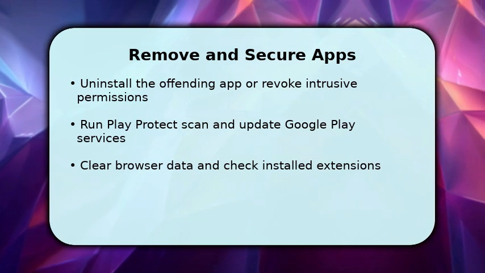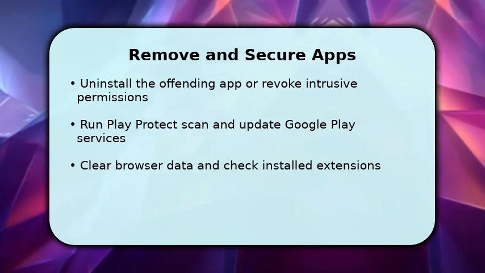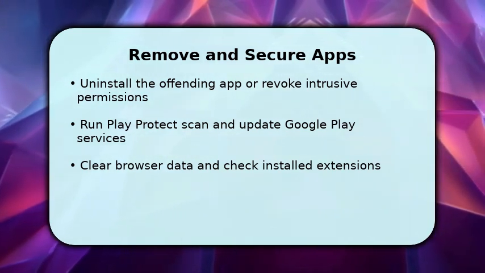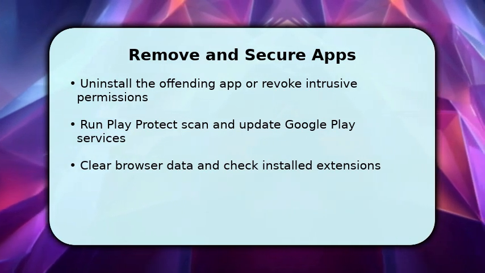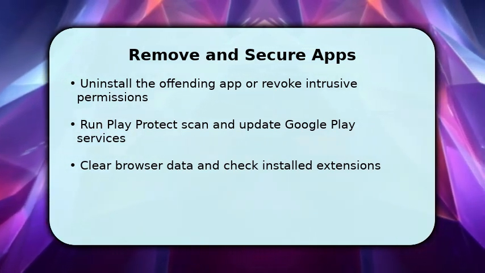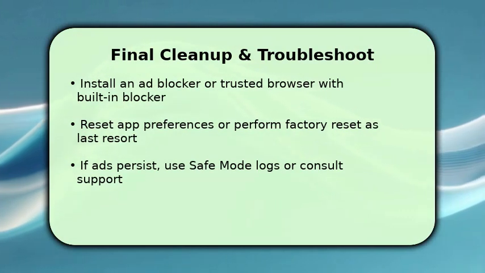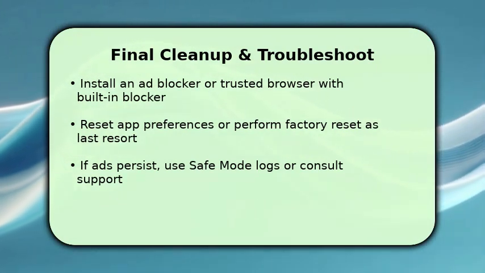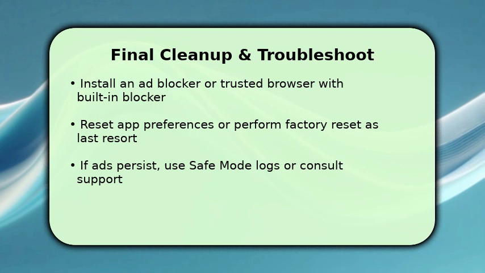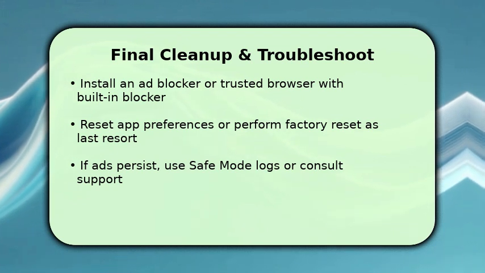Also clear browser cache and cookies and check browser extensions or progressive web apps that can trigger full-screen ads. Once finished, finish by preventing recurrence and keeping the fix durable. Install a reputable ad blocker or use a privacy-focused browser with built-in blocking, then reset app preferences to clear hidden